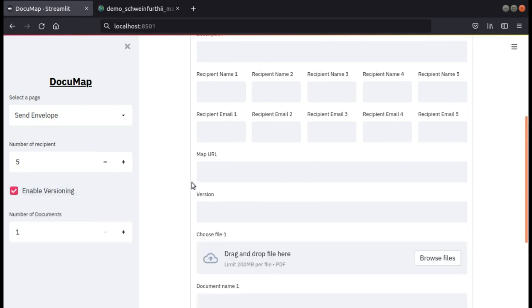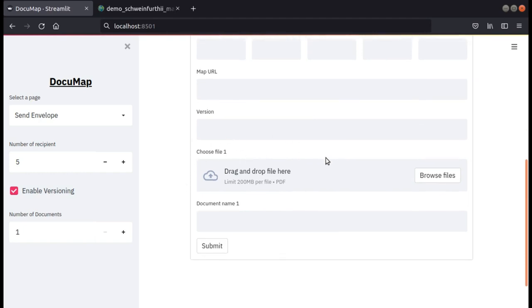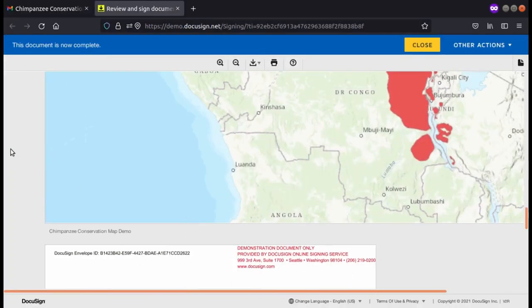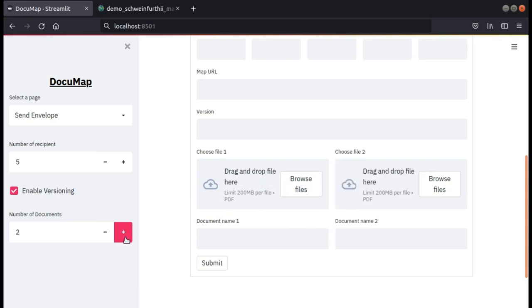So when any revision is required, the GIS expert can enable this checkbox, and they can drag and drop the updated maps here, along with all the feedback received from the previous cycle, which is this one. So they can enable this, so they can have a track record of what the progress was and what the comments and suggestions were. Again, the number of documents can be increased here.